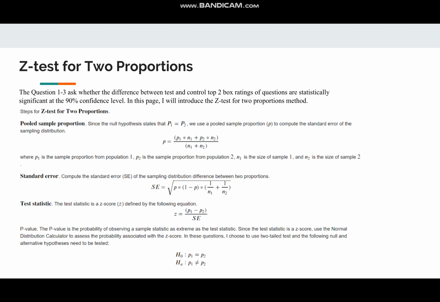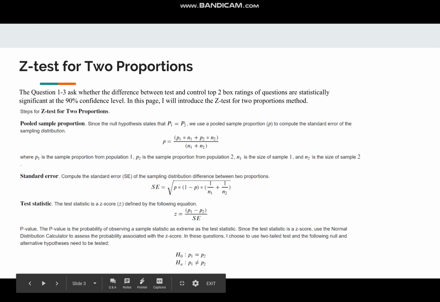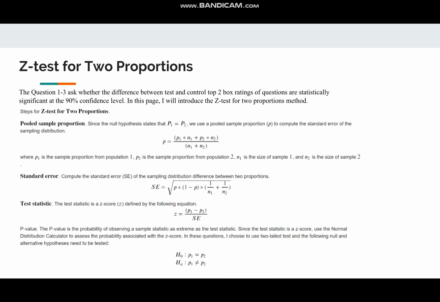Here, I want to introduce my method first. I use z-test for two proportions. I calculate the pooled sample proportion first and get the standard error and z-score. Here, because I use z-test, I need to check normal distribution table to get p-value. In the hypothesis test, the null hypothesis is p1 equal to p2, and the alternative one is p1 doesn't equal